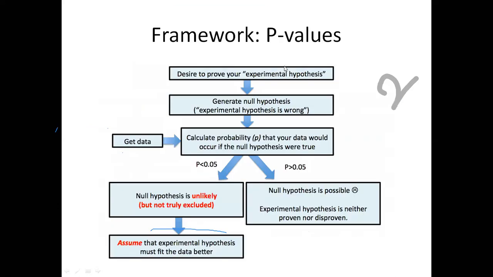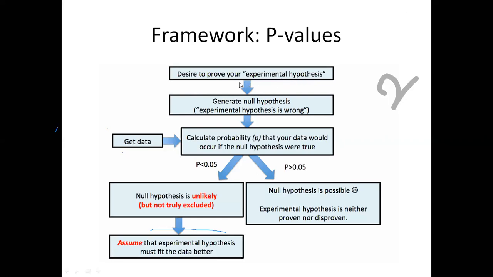So p-values are very commonly used as a measure of statistical evidence. The framework in which we work is very important to understand. This is a very simplified version of how the hypothesis is being tested and how you interpret the p-values. So you would have your own research hypothesis, or what we call an experimental hypothesis. In the example that I've been tracking in terms of diet program and maternal weight gain, the experimental hypothesis would be that maternal weight gain is influenced by the diet program,